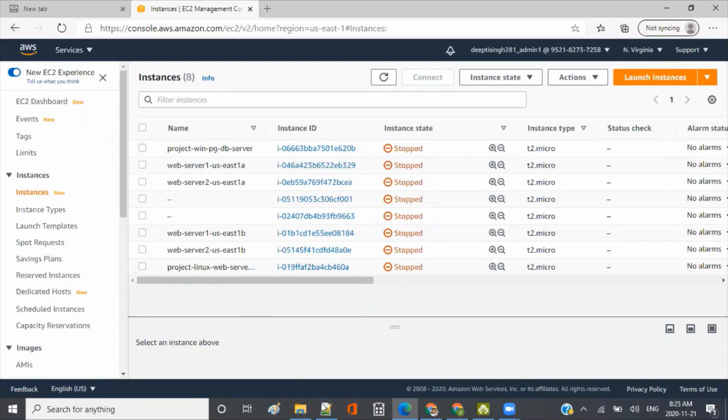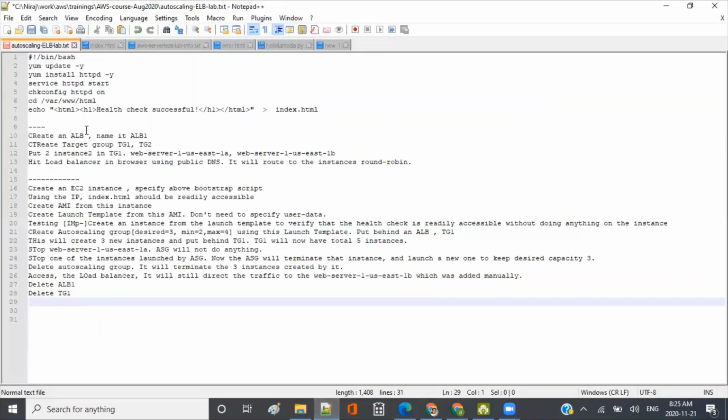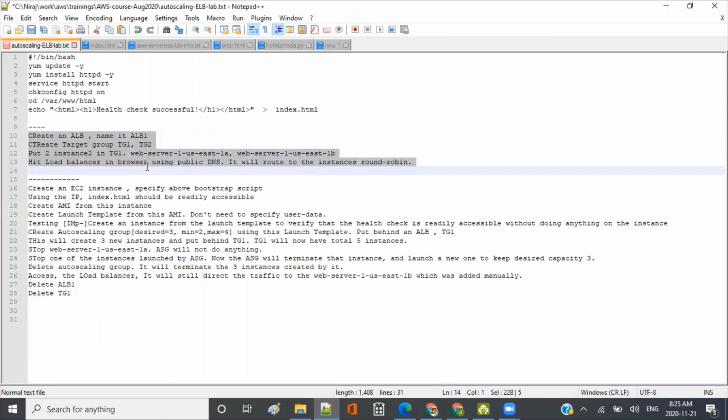So first, let's go step by step. What I'm going to do is, first I want to do this part where I will put two web servers, like one A, I'm just naming it so that we know. So I'm naming it web server 1 US East 1A and web server 1 US East 1B. Basically I have one server, for example, and I want to put the same software on these two servers, and then I want to put them into two different locations for the high availability, right? So I'm putting one in US East 1A, another one in US East 1B.